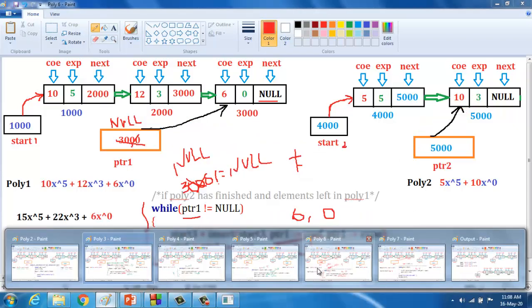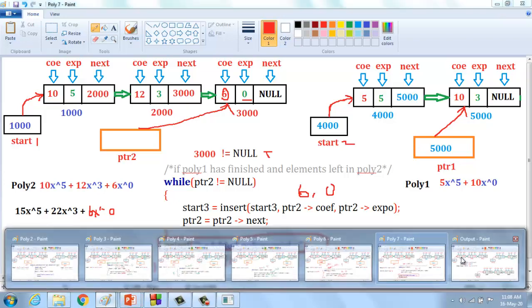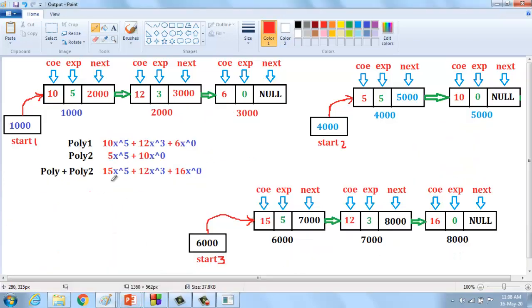So after that they are going to print the output called the added polynomial, okay, when you call the function called display start3, inside start3 all the elements are stored in the linked list, that is 15x power 5, 12x power 3 and then 16x power 0.